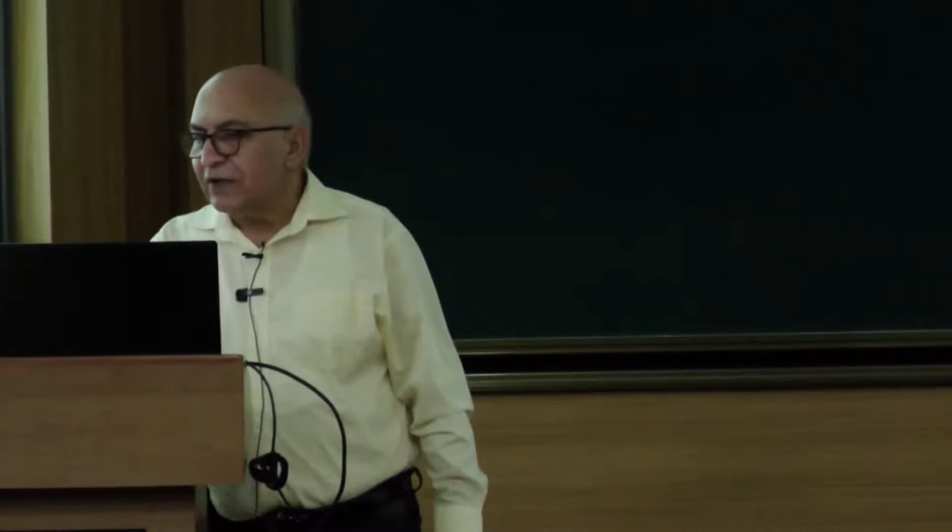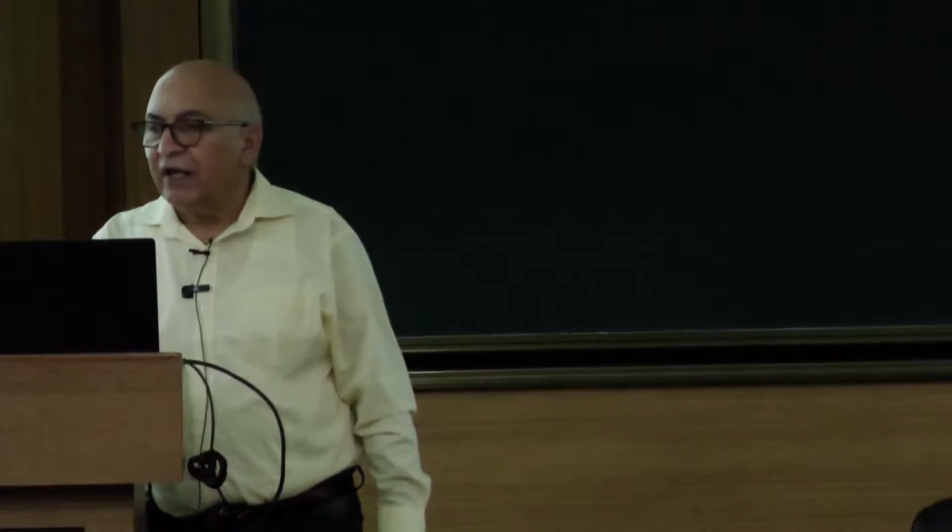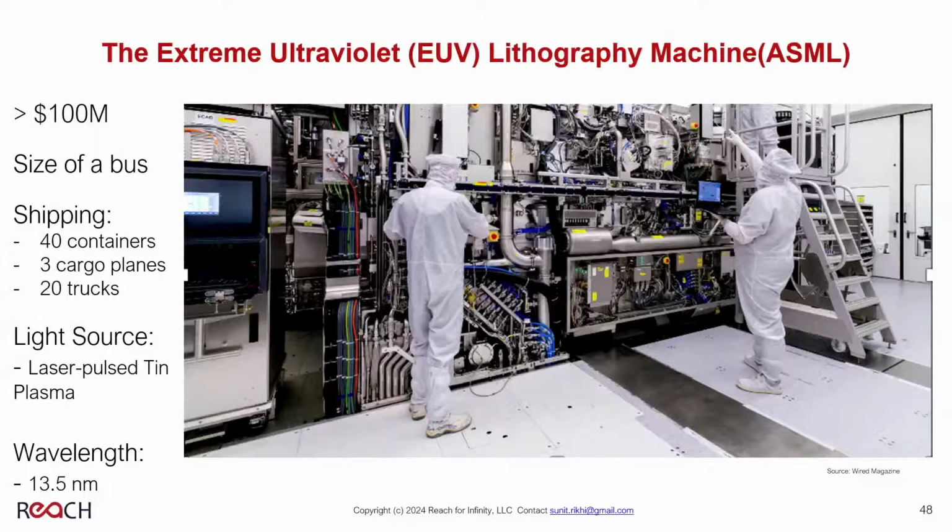This is EUV. Remember ASML? I'd showed ASML as a lithography equipment. This is why ASML is being talked about everywhere, because they are the ones who make extreme ultraviolet light at 13.5 nanometer. It's a big bus. It takes 40 containers, 3 cargo planes, and 20 trucks to transport it